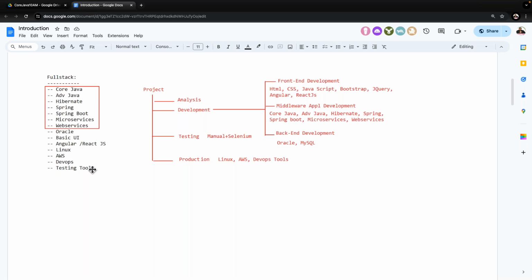Parallel courses are going to happen. It's not like only one course at a time. Full stack Java is vast, so if you want to complete on time, we have to do 2 to 3 courses parallelly. I'll give that roadmap to you, no need to worry. Maybe in the next class, I will provide that total roadmap: how we are going to plan and how to start. As for my plan about Java, almost 7 to 8 courses I have to cover in this single part. Understand it clearly. I will give that clear-cut plan.